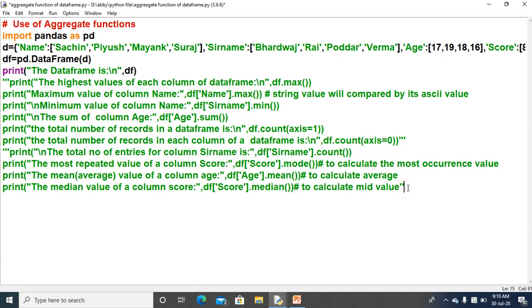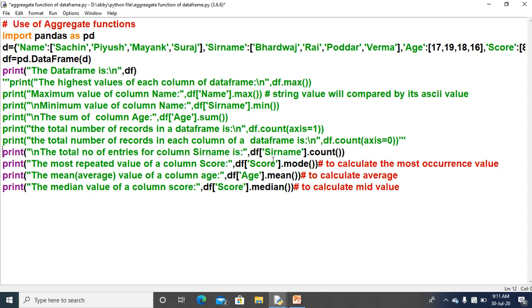So here I have to remove this. In that way you can also do the same thing. Otherwise, you would have to write one function in one program, which will be difficult to maintain. So here, in the same program, I have used all the functions.